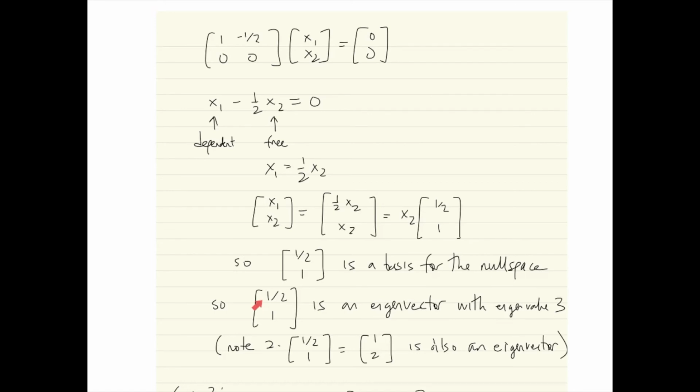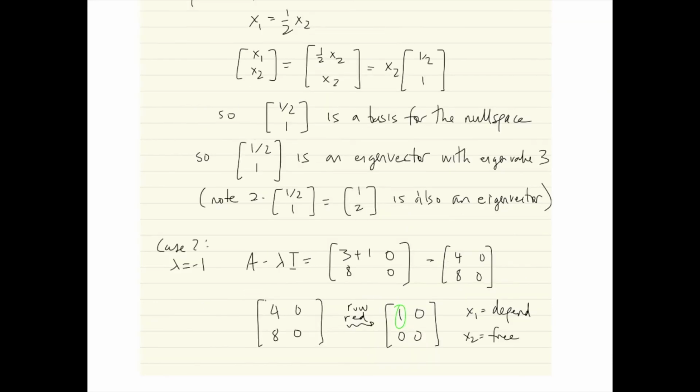Now, any scalar multiple of this vector will also be an eigenvector. For example, 2 times (1/2, 1), namely (1, 2), is also an eigenvector. Similarly, proceeding in the other case, when our eigenvalue was -1, we get that the A minus lambda I matrix is now 4, 0, 8, 0. Then when we row reduce this, we get